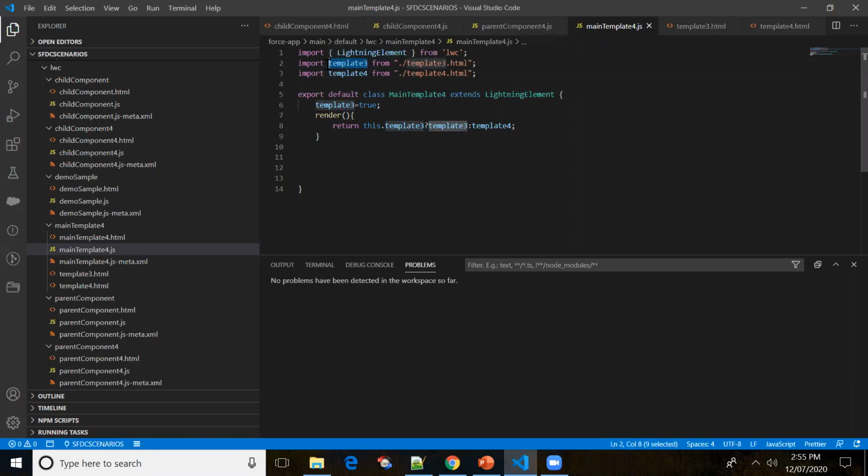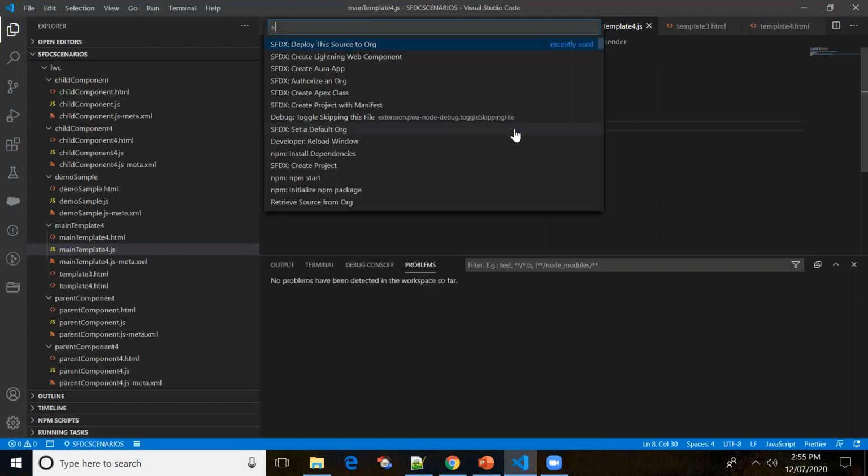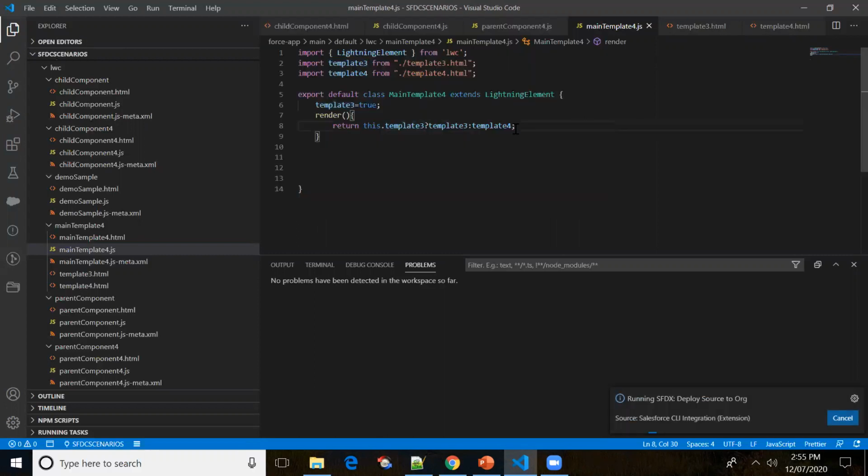This is the same. Let me check what the issue is. Template 3, this is also fine. Let me deploy this code to the source org.